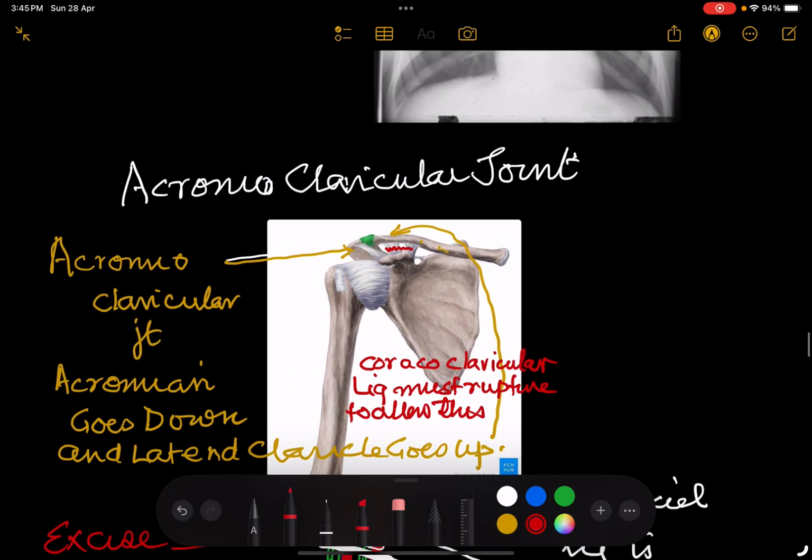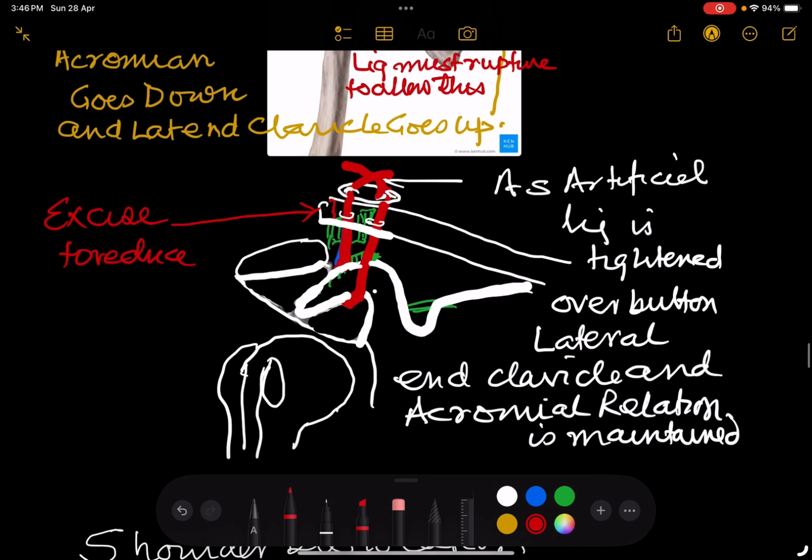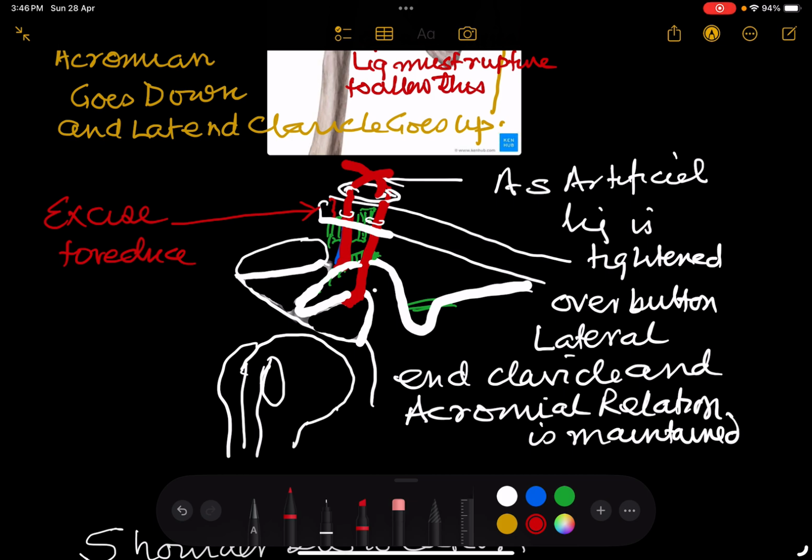Then we look at the acromioclavicular joint, and you see this acromioclavicular joint is between the acromion and the lateral third of the clavicle, the green one. The coracoid is below, and it is holding the lateral third of clavicle in its place by a ligament, which is the coracoclavicular ligament. So if the medial end of clavicle goes up in relation to the acromion, then this coracoclavicular ligament must rupture. There is pain, you can feel a step,